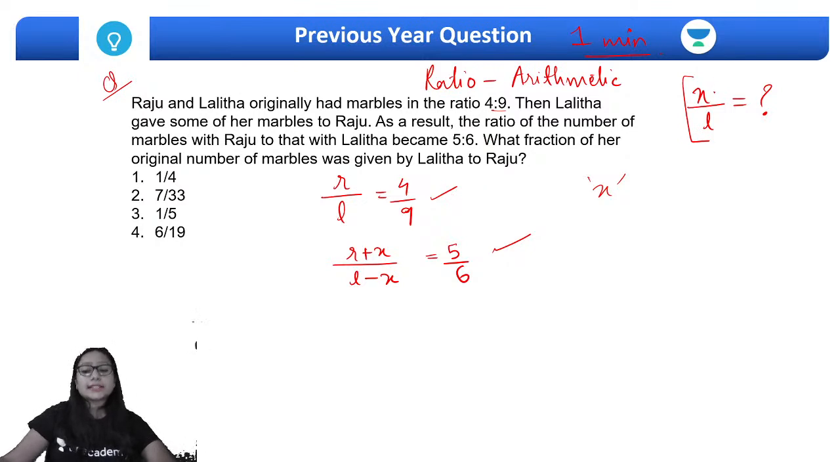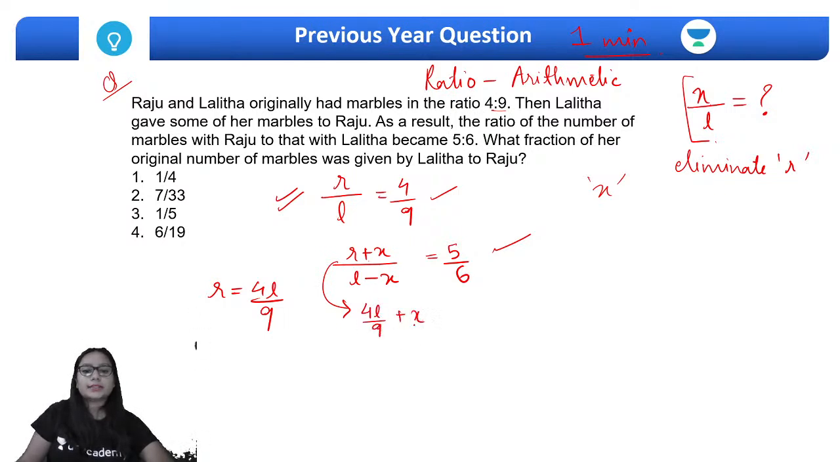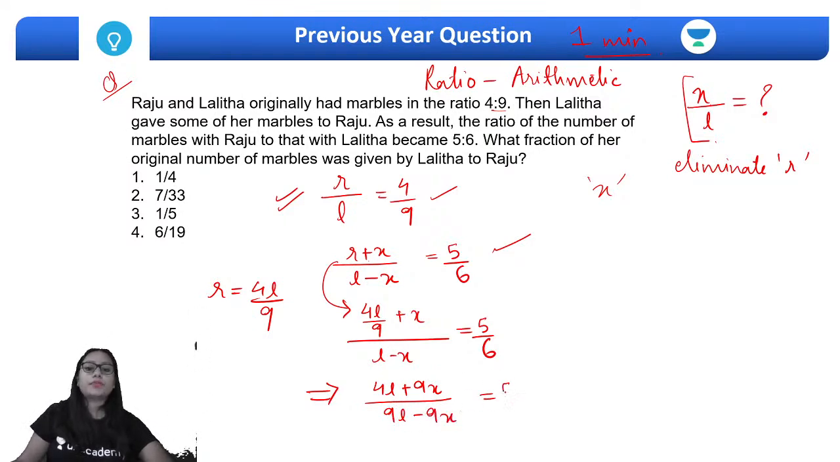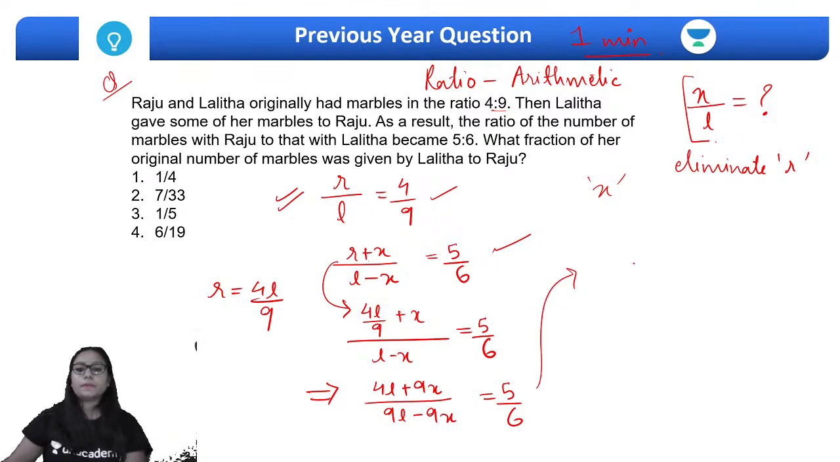So since I have to get the ratio of X to L, I have to eliminate R. So let us try to eliminate R. From this, R can be written as 4L/9, and now I am going to replace it here. If I substitute the value of R here, I will get (4L/9 plus X) upon (L minus X) is equal to 5/6. This can further be simplified as (4L plus 9X) upon (9L minus 9X) is equal to 5/6. Simplifying this further, I can cross multiply and get 24L plus 54X is equal to 45L minus